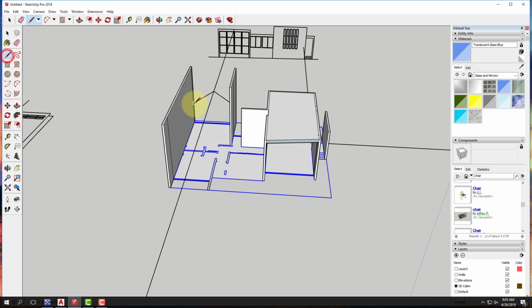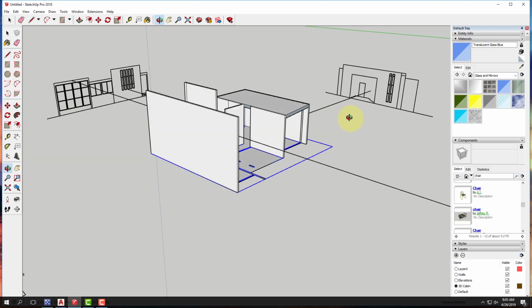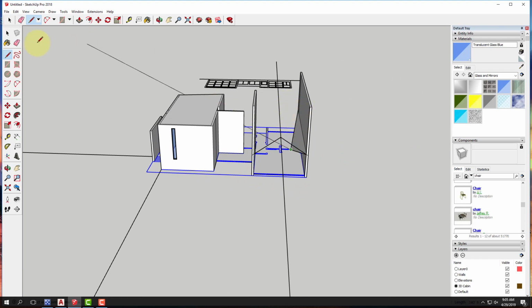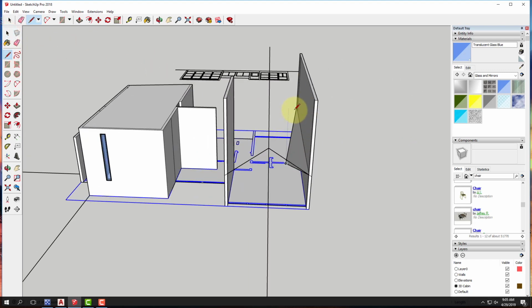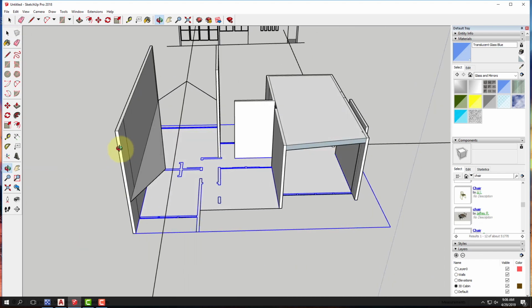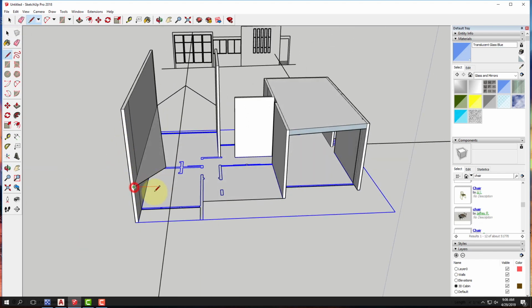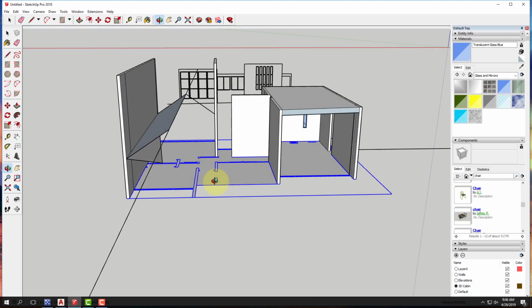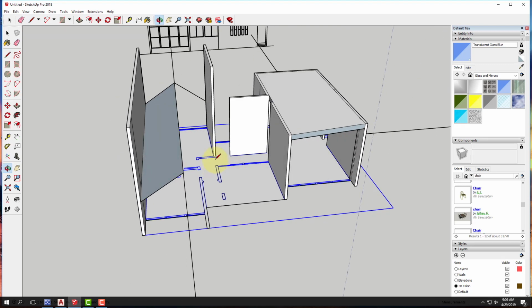Sorry, bear with me for a second. Anyway, it doesn't like me. But the point is, I really need the elevation views to see it. But once you've created your sloping roof, oh, that's the problem. Didn't snap in the correct direction here. Come on there. There it is. So once you've created that sloping piece of roof on both sides, like that,